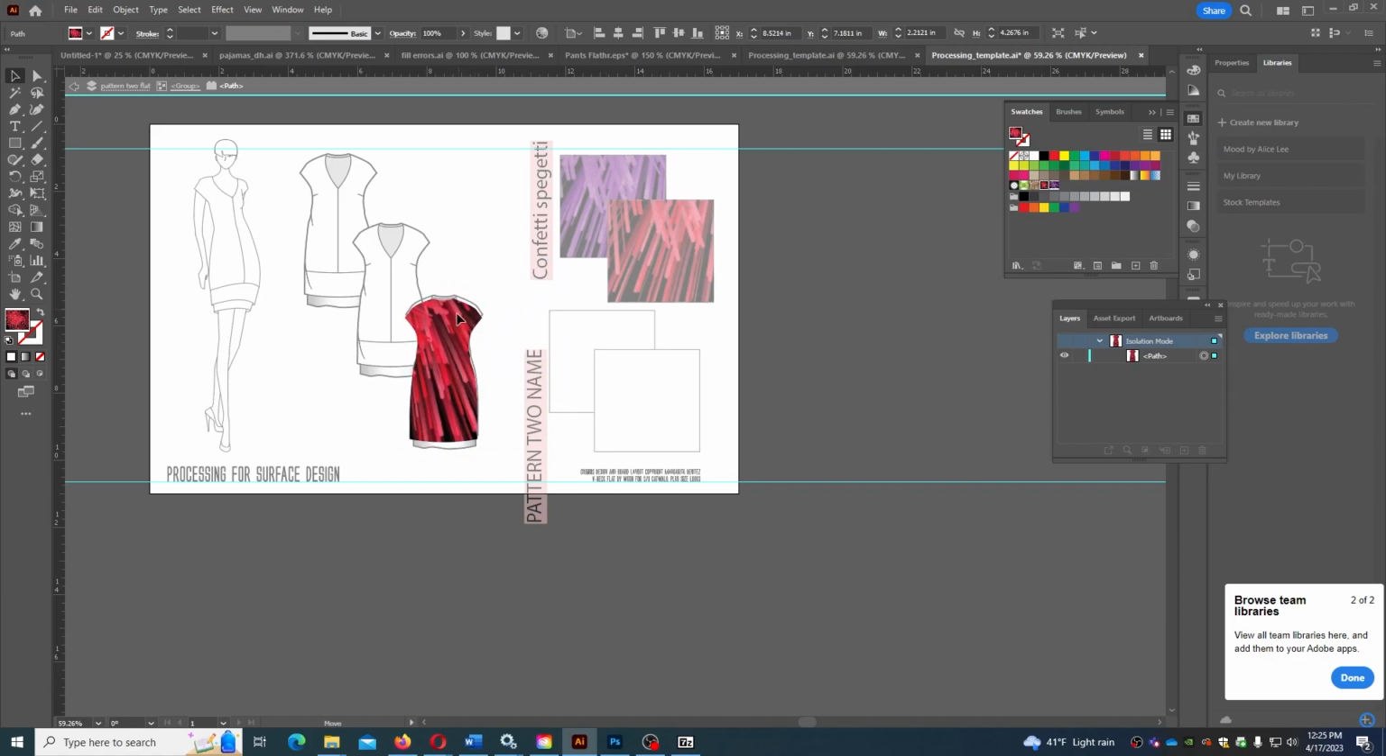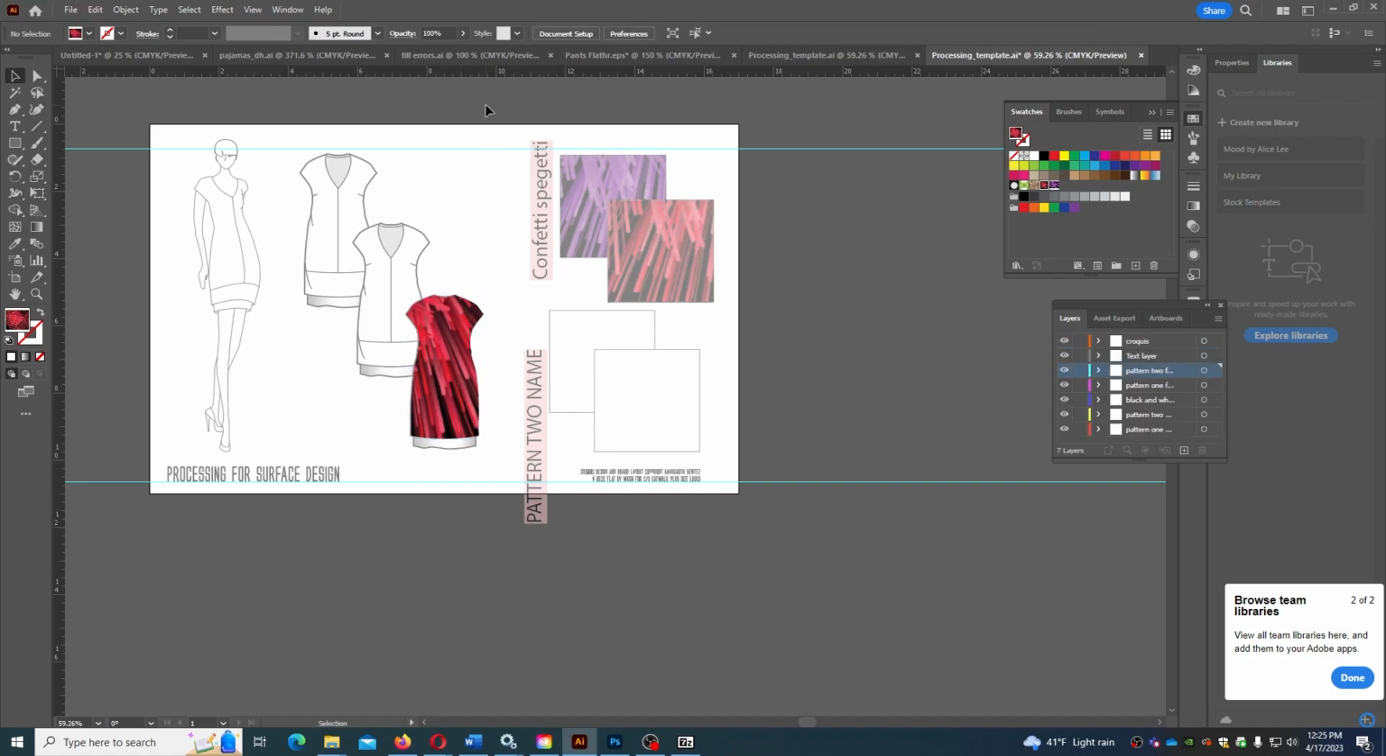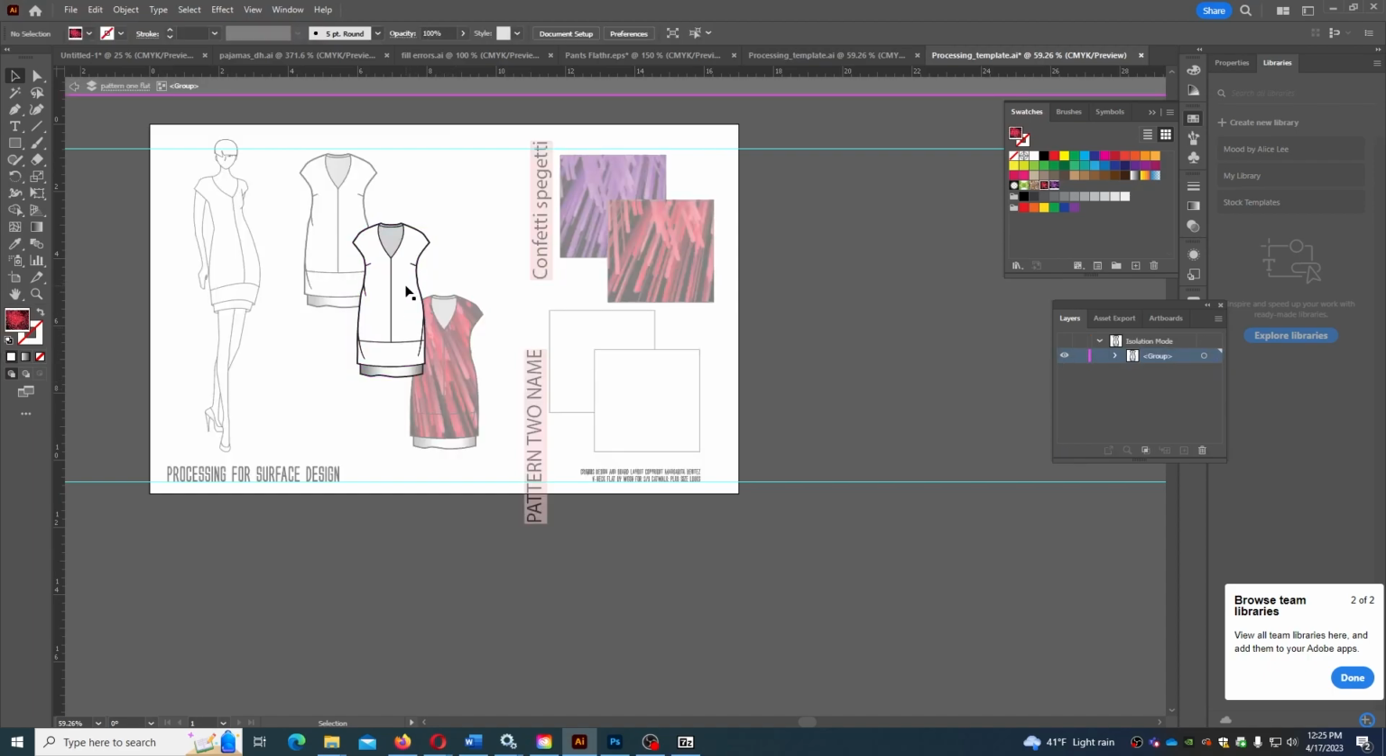And then I'll double click on empty space to get out of isolation mode. And there's my pattern applied to my flat. And we'll do the same thing. Triple click,